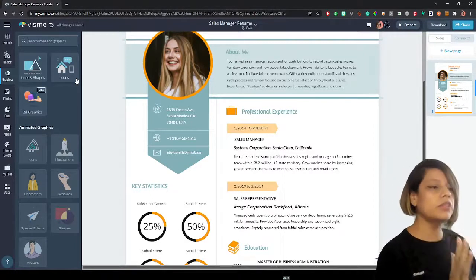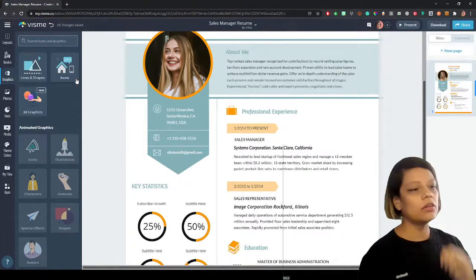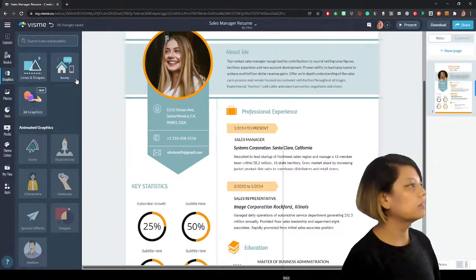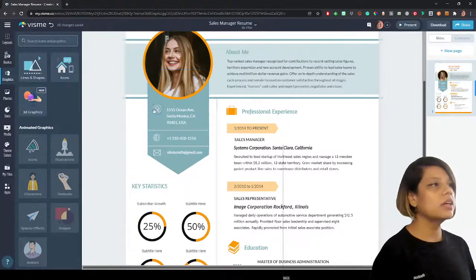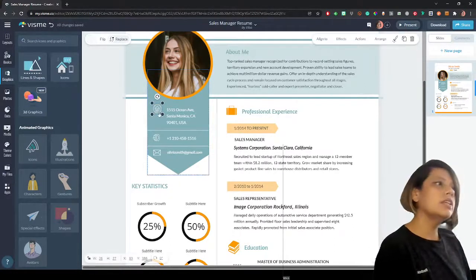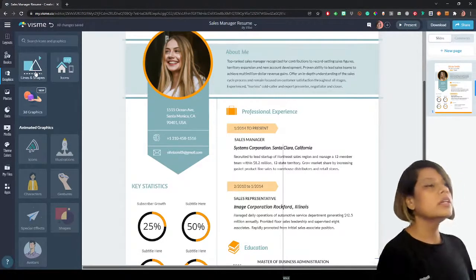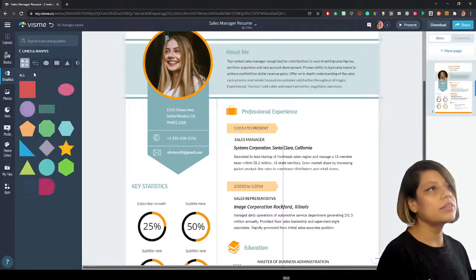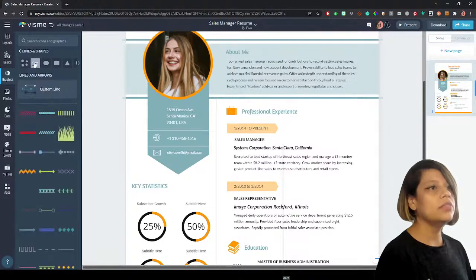And by the way, this is the Visme website, not their Windows desktop app, which they also have. I might want to try that too, just to see what the difference is. But anyway, I'm talking a lot when I should be showing, not telling. So let's say I don't like this home icon because the circle is weird. Because of these great groupings, I can right away jump into the lines so that I can easily find, or